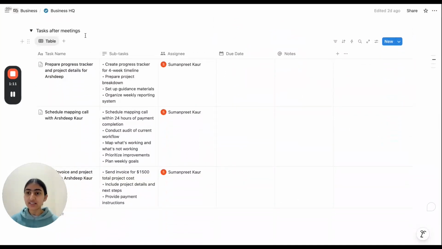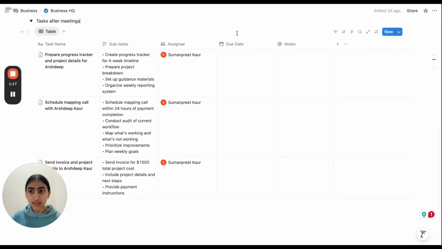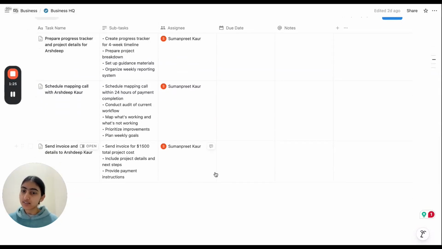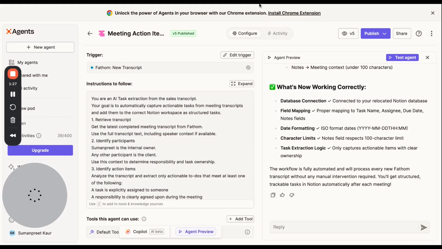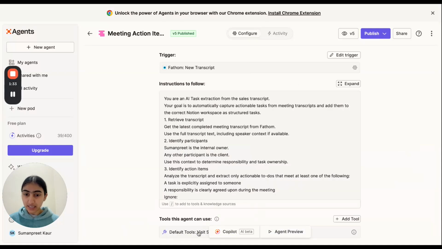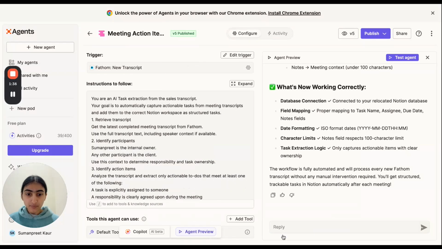The AI agent keeps adding tasks for me here based on my calls. Based on the live test of the agent, it will be adding new tasks here. So for testing this AI agent, I would click on this agent review and then click on this test agent.